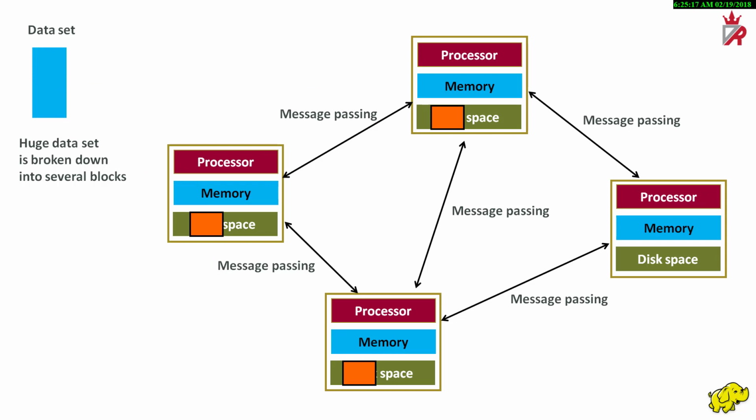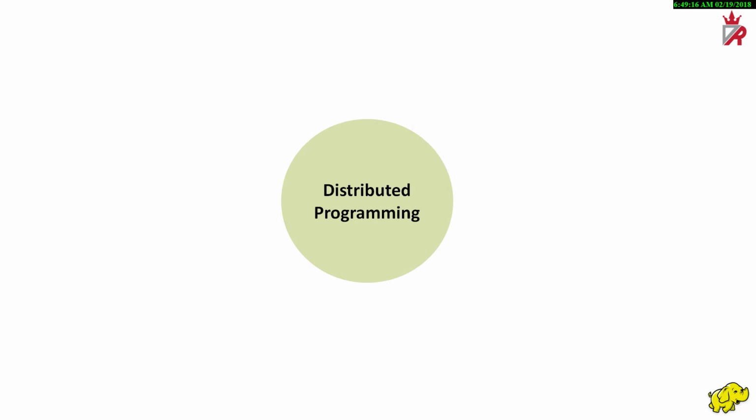Distributed programming is the process of writing programs which are capable of running on a distributed system or a network of computers. A program developed by a programmer, which is meant to run on a distributed system to process the huge data set that is scattered across the cluster of nodes, is called a distributed program. A programmer has to consider many factors while developing a distributed program, as it involves a